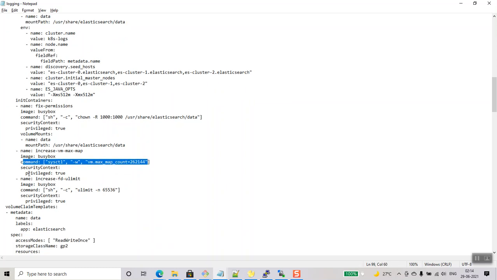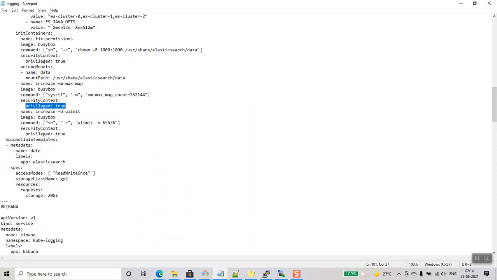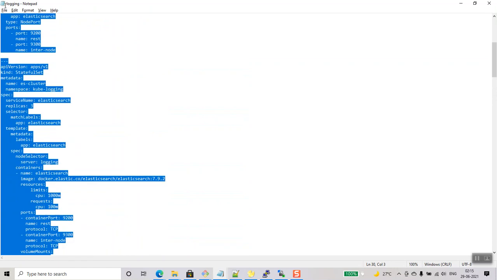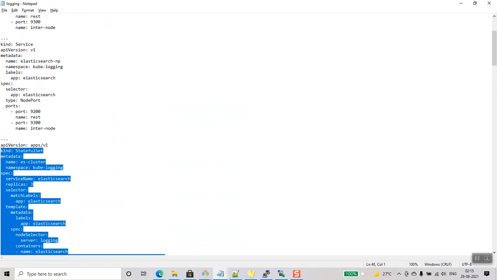Okay, and privileged true. Now I'm going to add a volume claim template so that it gets a persistent volume. I'm going to write gp2 as I'm using AWS EKS, and the storage is 20 GB of hard disk. So let's quickly create that StatefulSet